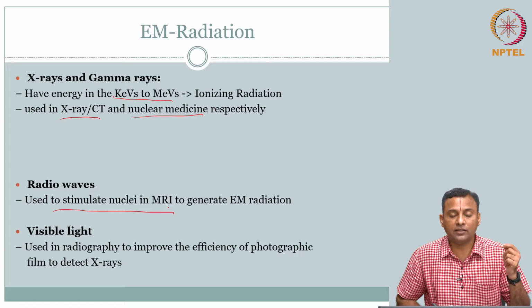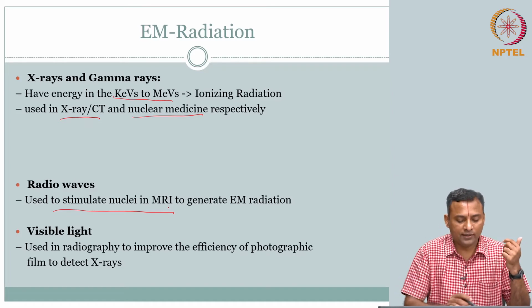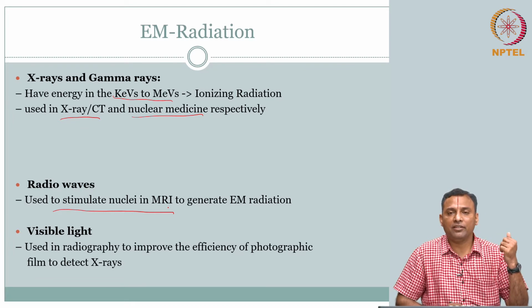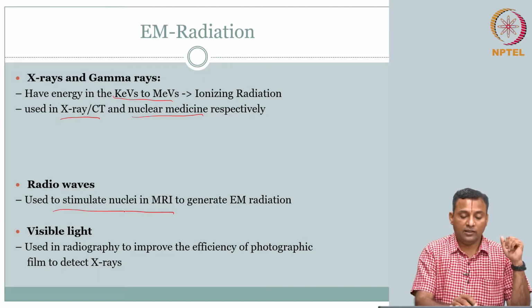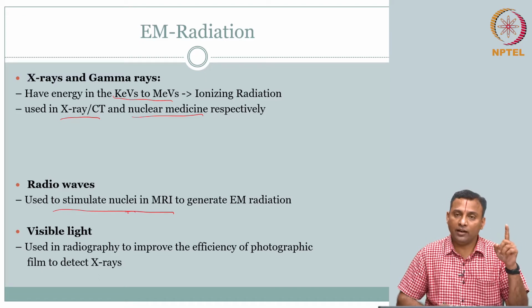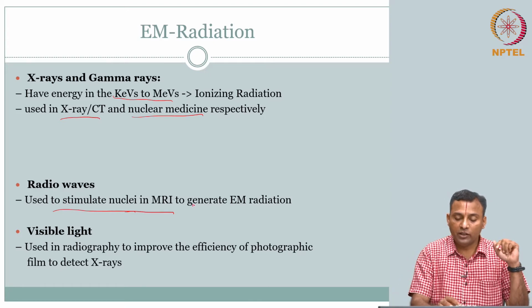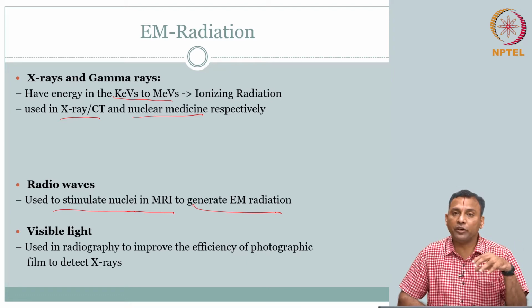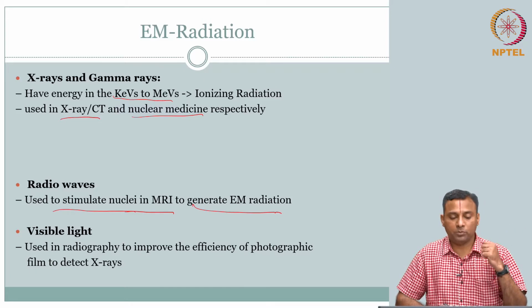Well, radio waves are used in MRI. We said that MRI has to do with magnetic resonance. Why is radio frequency used? It turns out to stimulate the nuclei to spin one way and then to record the response. When you stimulate it, you get another electromagnetic response, so you get another radio frequency. So, radio frequency is heavily used in MRI, both to stimulate and to receive the response. Okay.